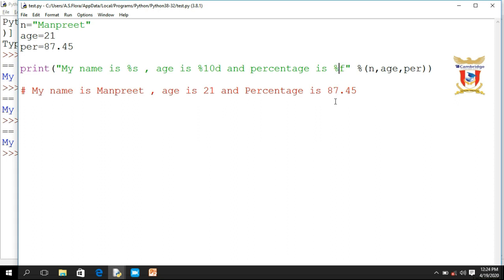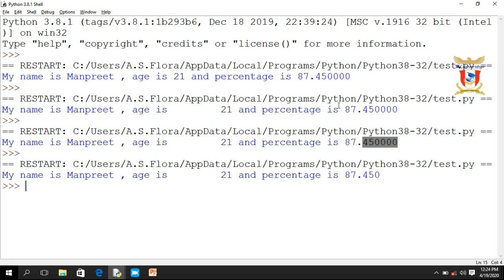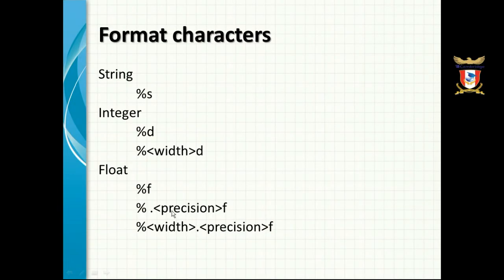If I want to display 3 decimal places, then I will specify .3f. Save it and run it. Now you can see the system is showing 3 decimal places.